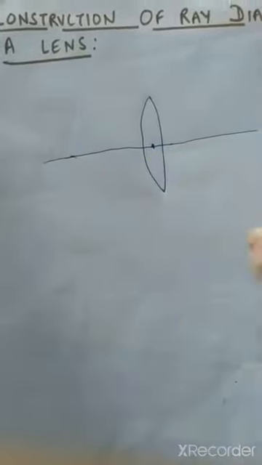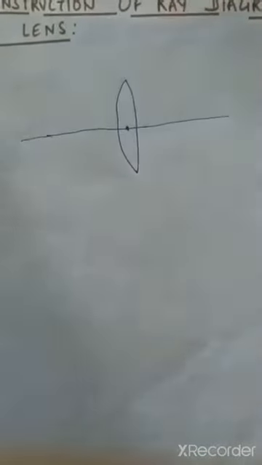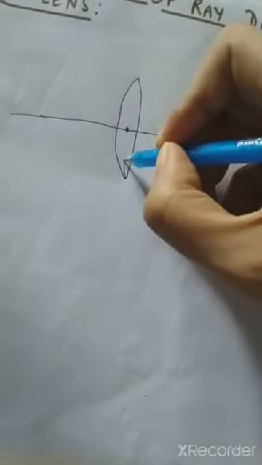Now see, in the book it is given to use the scale. But scale drawing is not important, meaning measuring the length and then drawing is not important, and it is not in the syllabus also. It's mentioned in your syllabus that scale drawing is not required. So you draw by taking the approximation only, with no measuring by scale. First draw a lens, then choose the center of it, draw a principal axis, and also, as I told you, divide this lens so that construction will be easier for you.